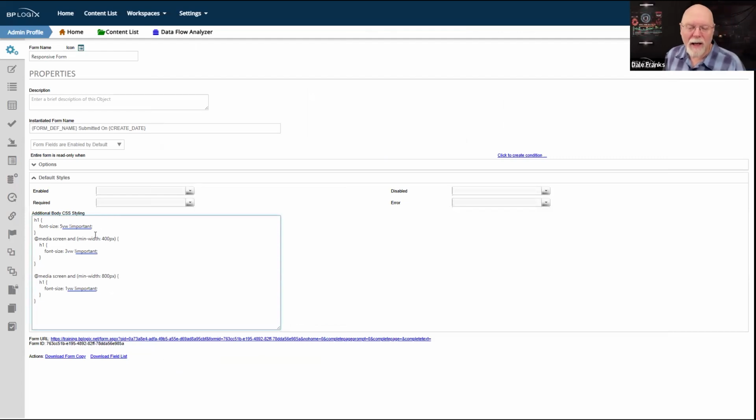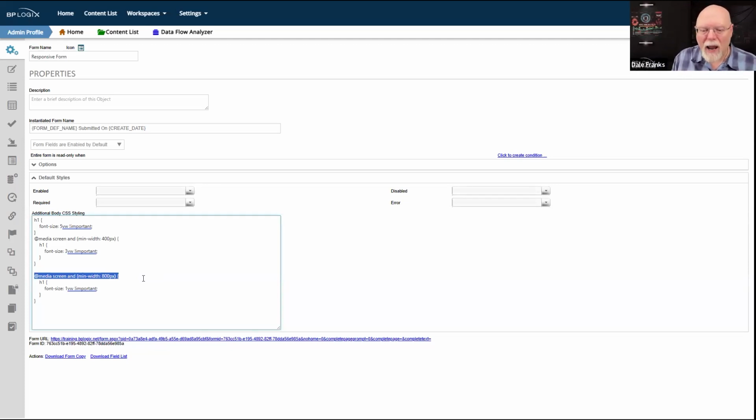And what I've done is I've put 2 breakpoints on my page. So I said, look, if my page gets down to, so these are called media queries. And basically what it allows you to do is change the size of things when the viewport width, the width of the screen that the user is using to look at your form, changes.